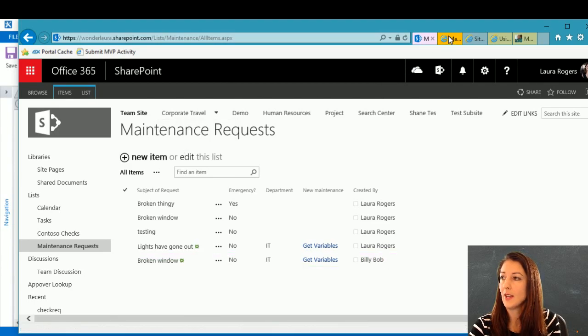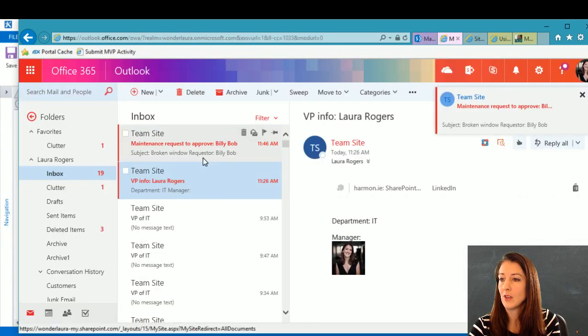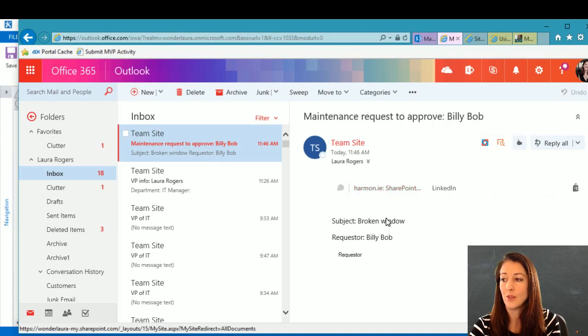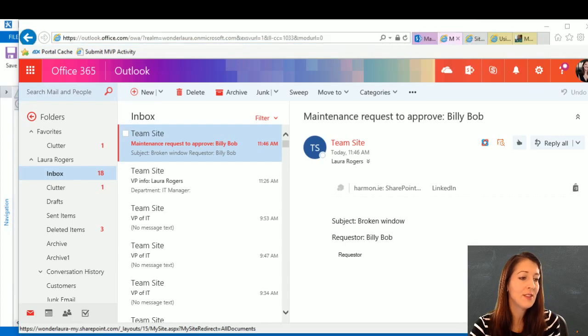And then let's go see my Office 365 email. Cool. So it sent me the email. So it looked and saw that I was his manager, and it did send the email telling me the subject and the requester, and then he just doesn't have a picture. So that is another nerd golf clap moment. This has been a lot more successful than last week, which was kind of painful with Power Apps and controls, painfully going through figuring some of that out on the fly. But yeah, so